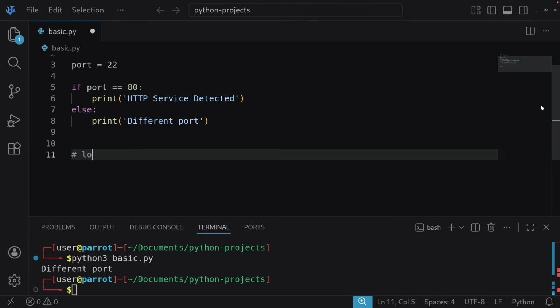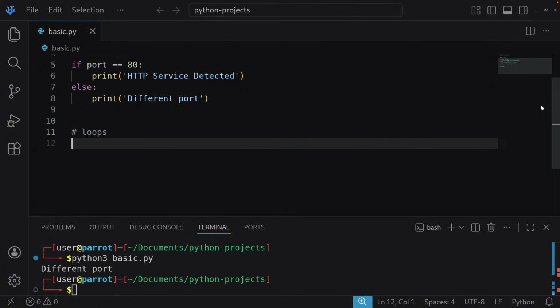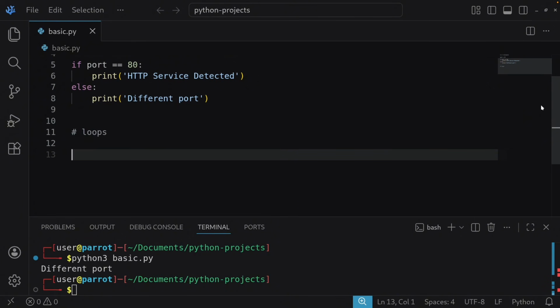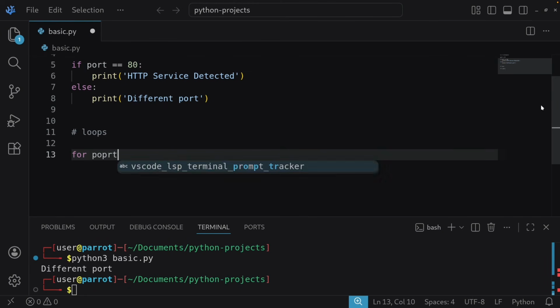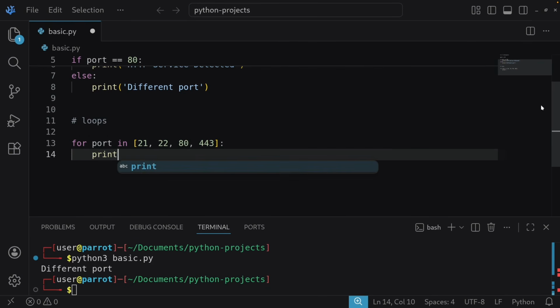Let's take a look at loops. So loops in Python are this. For example, let's say that I'm looping through ports. So let's say for port in this array. An array is basically where you can store data. So I'm just going to say port 21, 22, port 80, and port, let's say 443. I want to say print